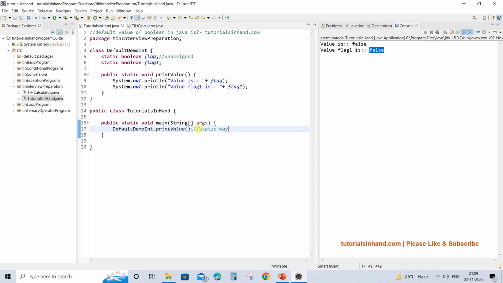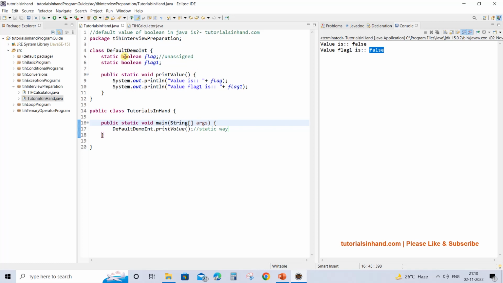So whenever you are working on any project, you may face two situations. You may have to call a static or a non-static method. So if it is a static method that you want to call of any particular class, just call it in this way by invoking the dot operator directly on the class name without creating any object.